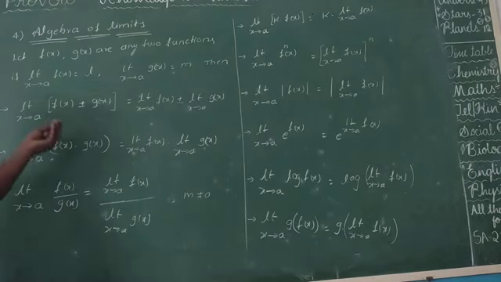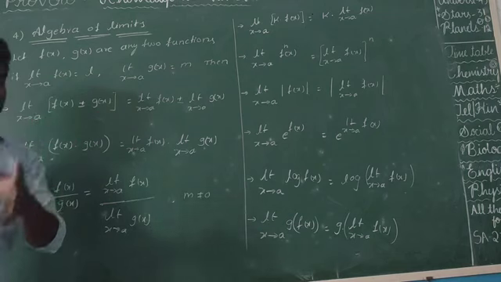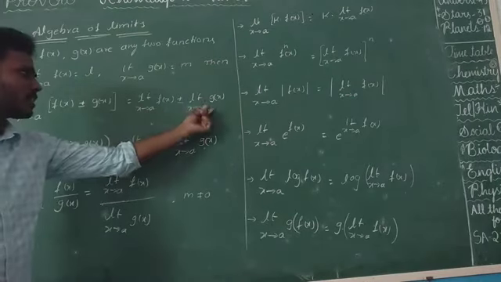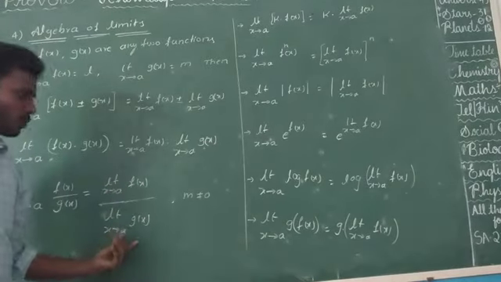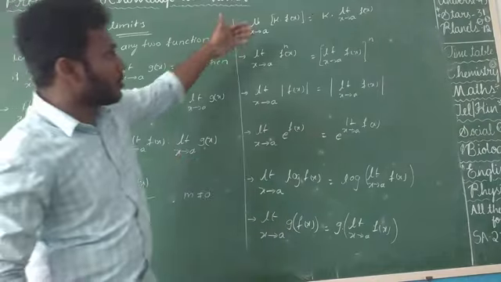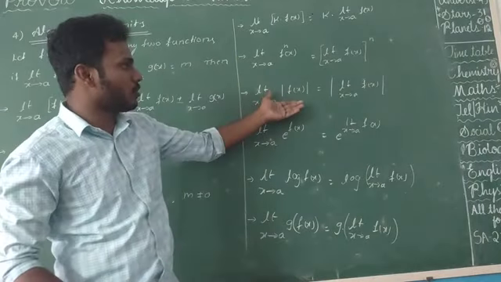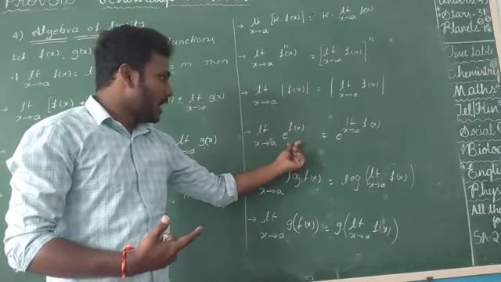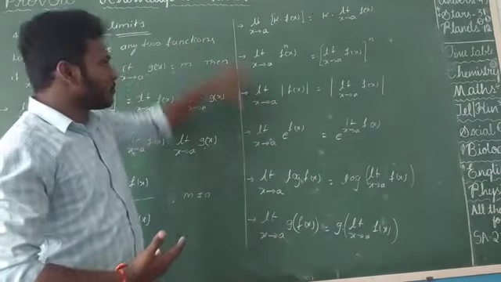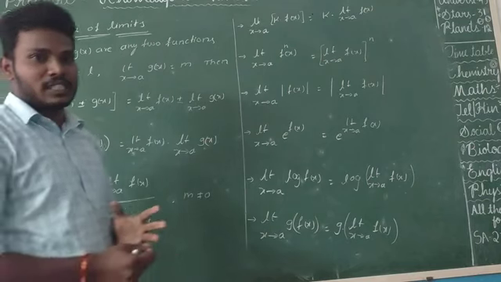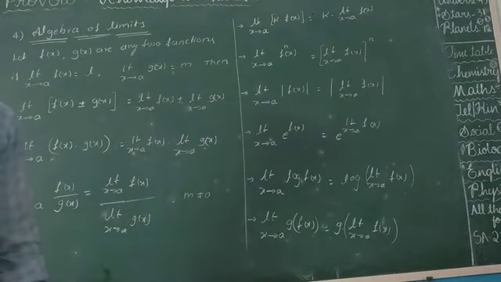If two functions or three functions are given and they ask for the limit of the addition, you can separate them and find the limits of each and every function. You can add, subtract, multiply, divide, apply any constant multiplication or any power values, or modulus, absolute value, and exponential, logarithmic and composite functions. So these are all the applications you can use in the algebra of limits to do the solving easily. Okay, take a screenshot.